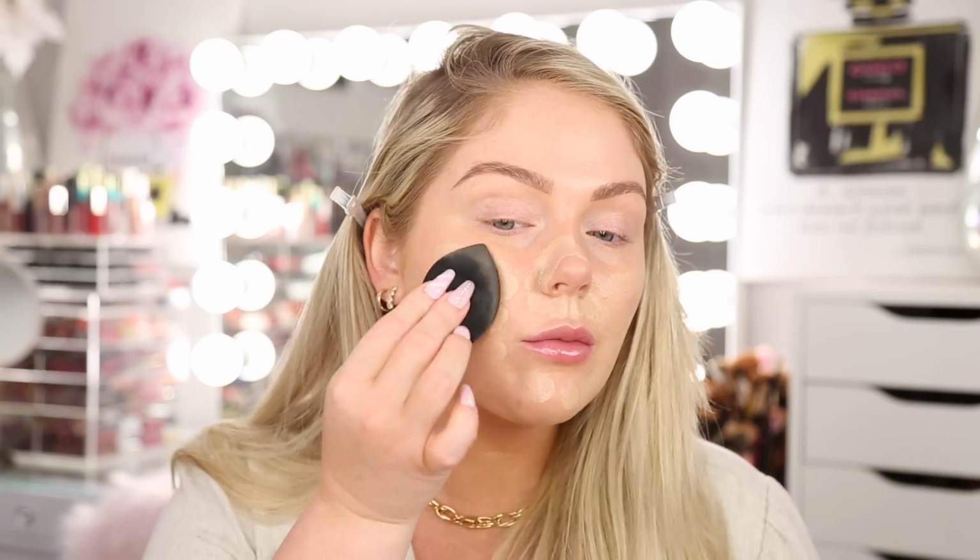Now I think the product is starting to come out. So I'm gonna dab some. It's always hard with these, like the first couple times, because the sponge can be really dense when it's never been used. So I'm just gonna kind of dab it on the skin like this. No scent or anything to this. I'm gonna do it down there, and now I'm just gonna blend it out with a little beauty sponge